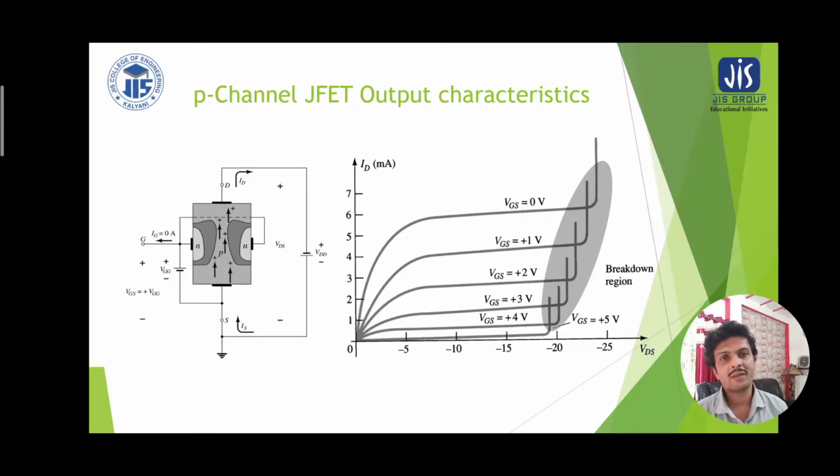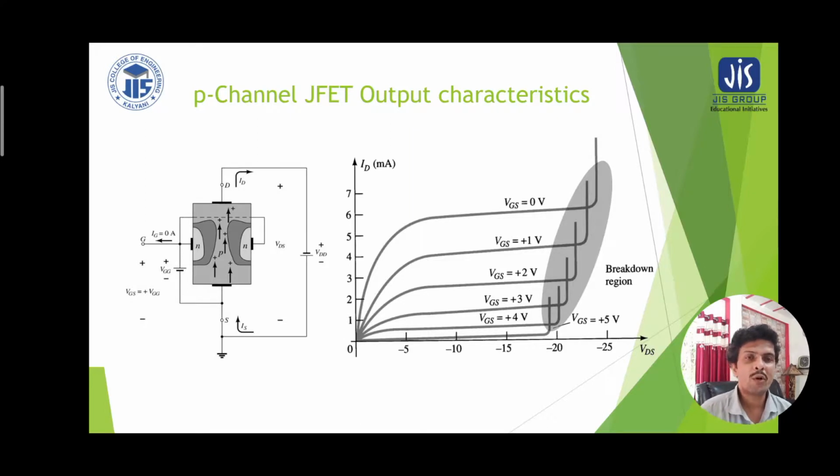We have already discussed that the drain to gate voltage is more, here it is a P channel JFET, so the drain to gate voltage is more negative. It is the summation of gate to source and drain to source voltage. The total negative voltage is applied to the drain to gate voltage. That is why the majority charge carrier holes are getting more kinetic energy near the drain end, and we are getting a wider depletion region and reduced effective channel.